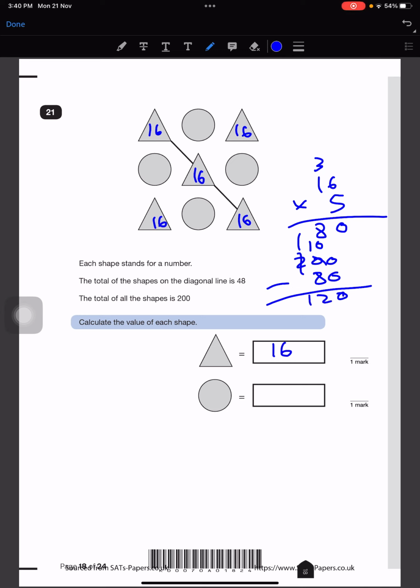So now 120 divided by 4. 4 threes, 30s are 100. There you go, done. So 30. So we'll write 30 right over there. Next,